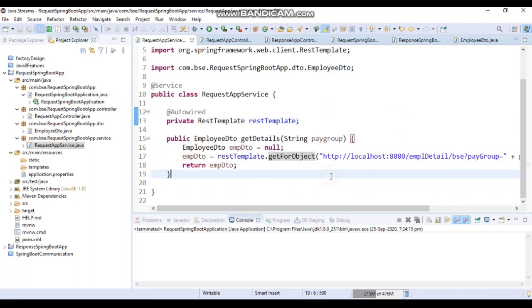That's why I did not use repository. So I have used only @Service and @RestController. Okay, so